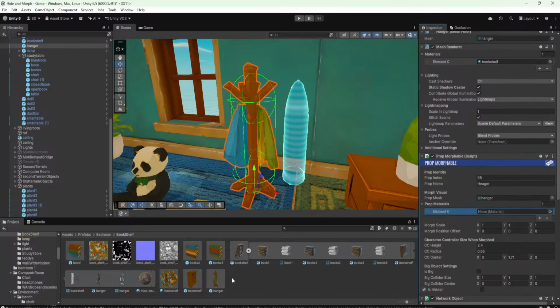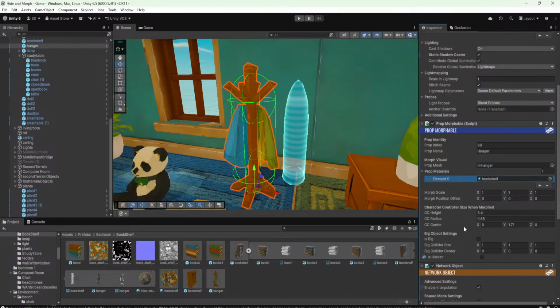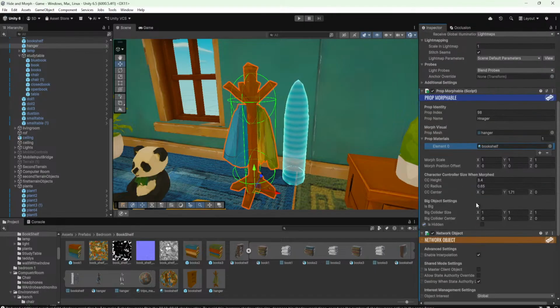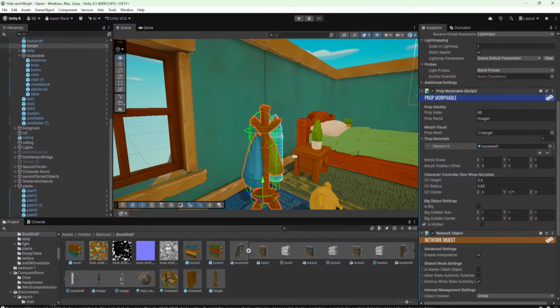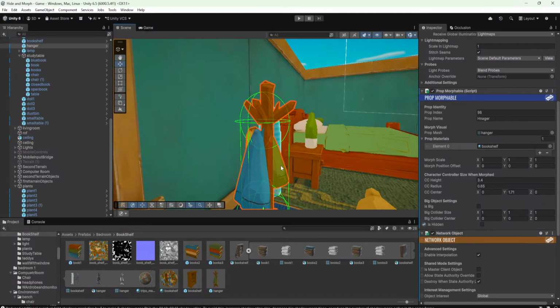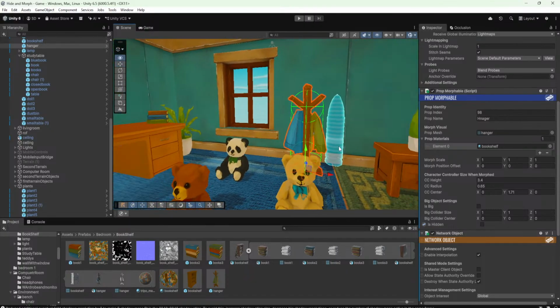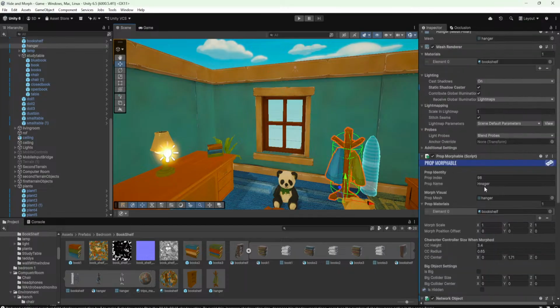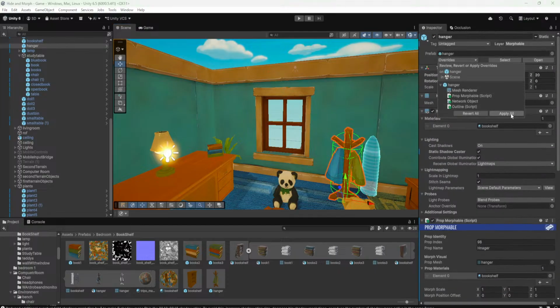And for the material, we assign, where's our material, bookshelf. And we are not going to be having this as big because our character controller based collider is perfectly aligned with the object. So this object is done. So apply everything,